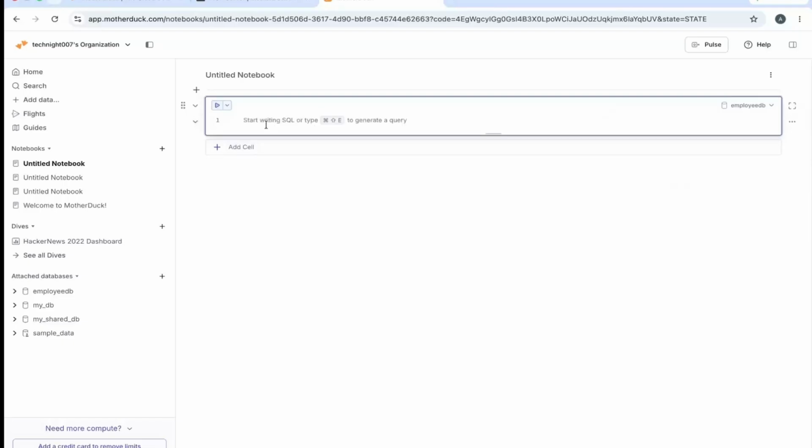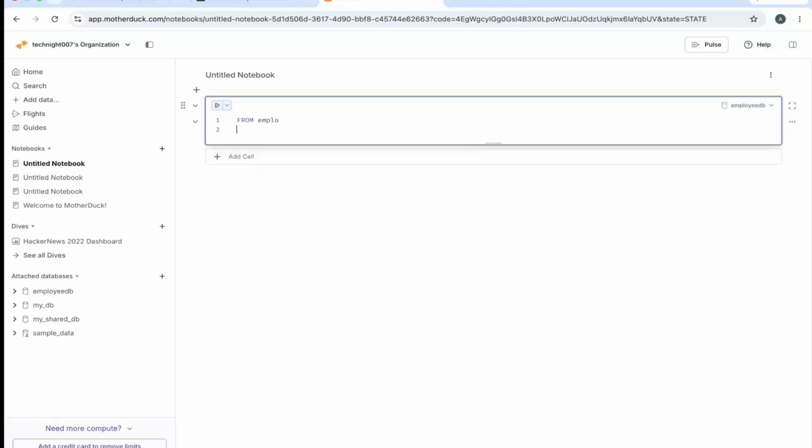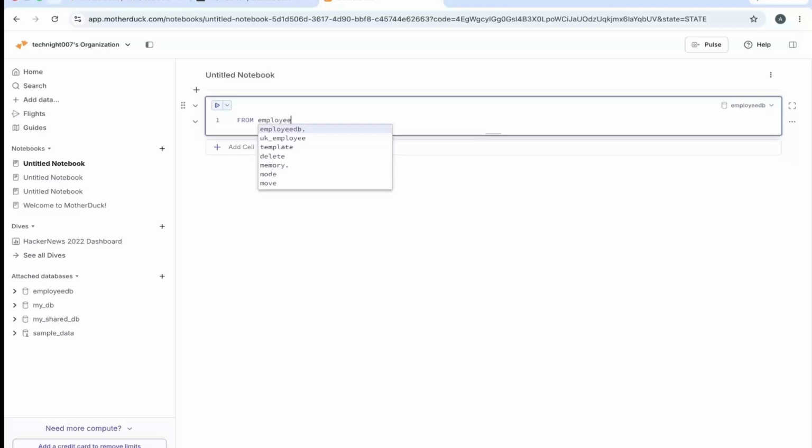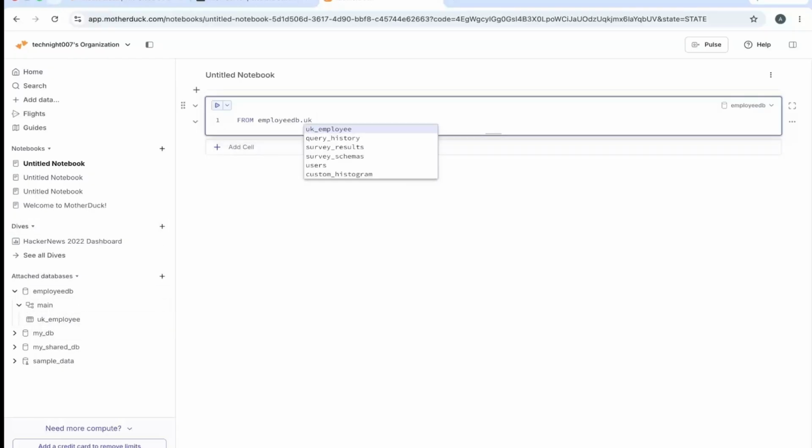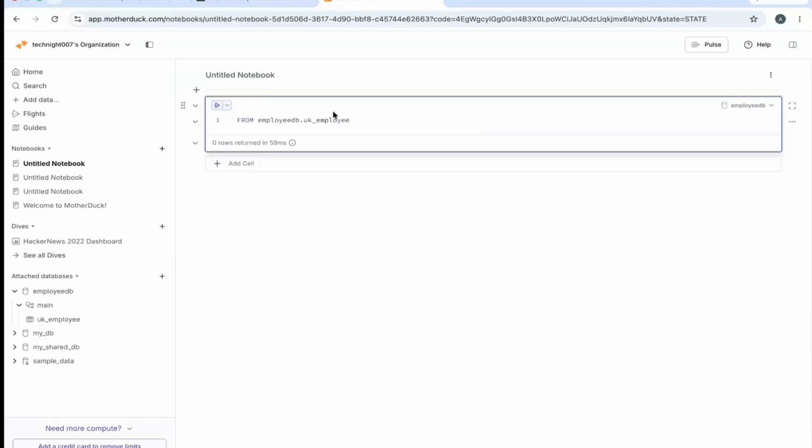And writing queries is very easy. When you are doing a select star, you can avoid writing select star and you can directly say, like, from employee DB, just use your tab key. If you want to see what is there, there's a main and UK employee. You have to use tab. Yeah. If I run now,